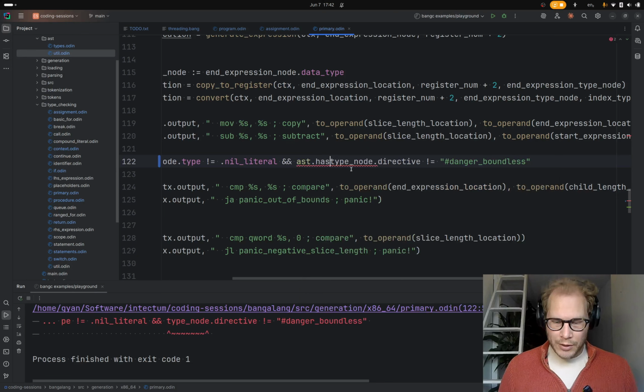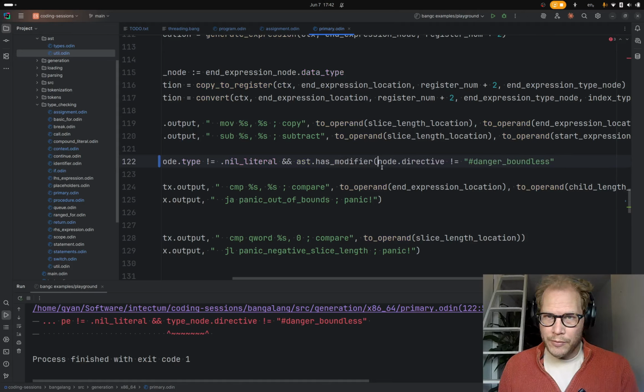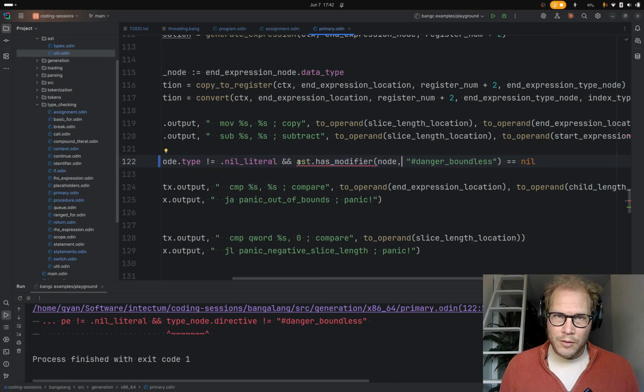Here I want to do has modifier on the node, which will then also handle the type node where it does not have this. So that's equals null. Get modifier.